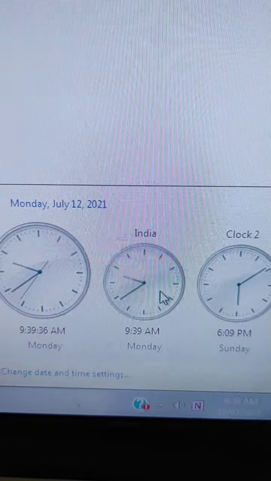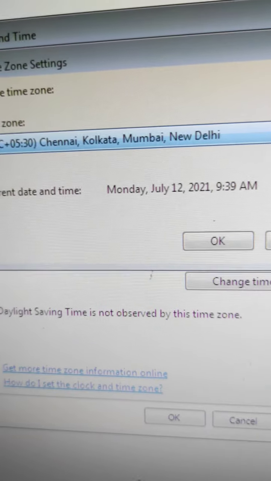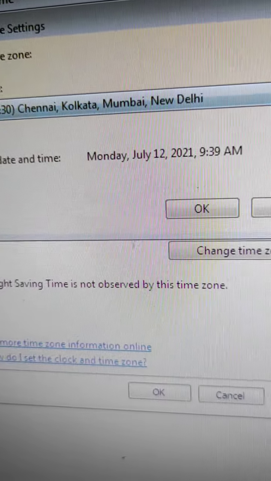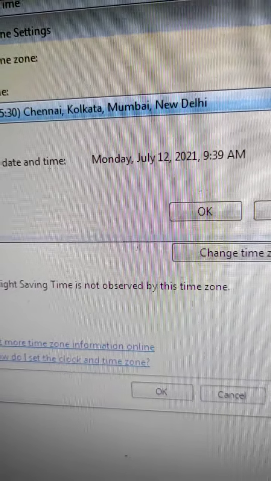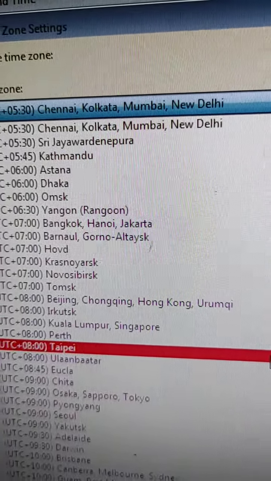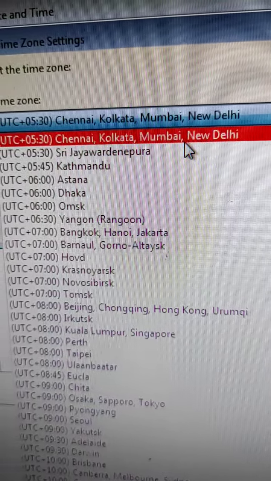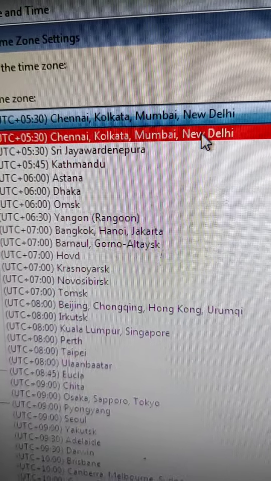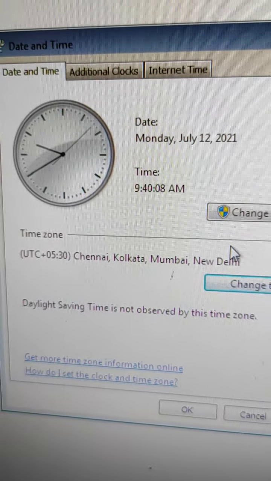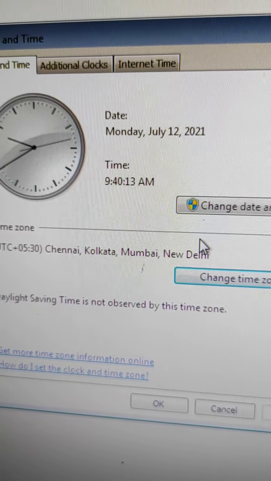You can change the timing of any country from here. For that, click on the drop down arrow to open the time zone list, and then select the suitable time zone for your region from this list of options. Now my Chennai, Kolkata, Mumbai, New Delhi is there, and after that click on OK. In this way you can change the time zone of the clock.